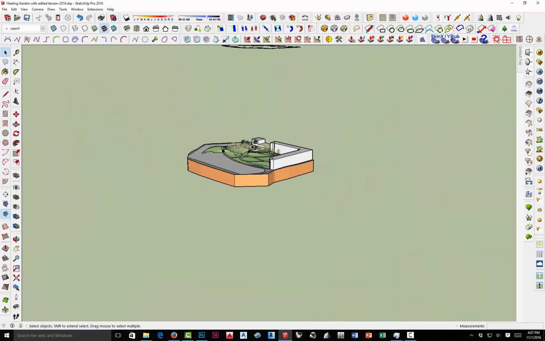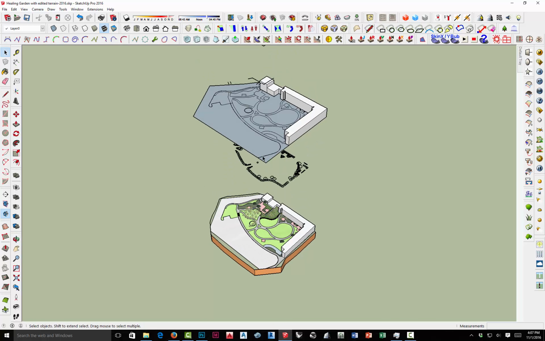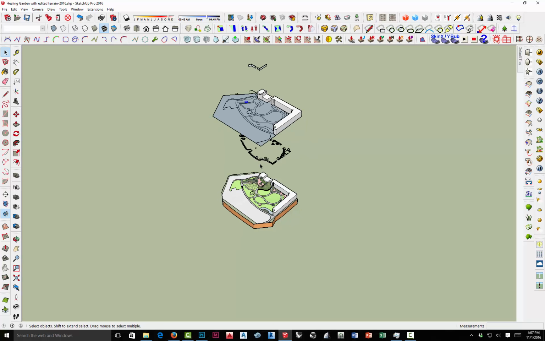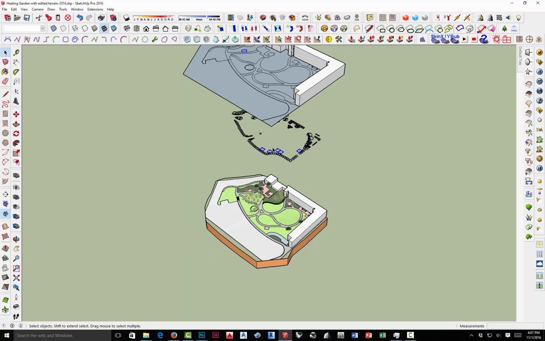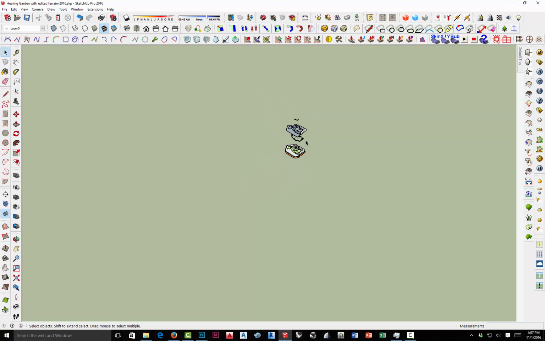Okay, let's do this one for example. If you didn't set... I'm just trying to simulate something here. So let's say I'm going to copy that. I selected those trees and that paving area. I'm going to copy that. I'm going to do a paste